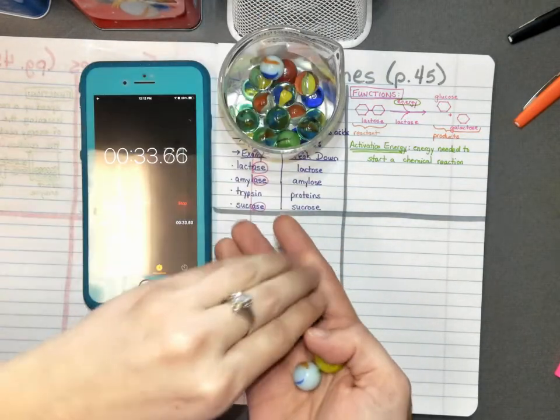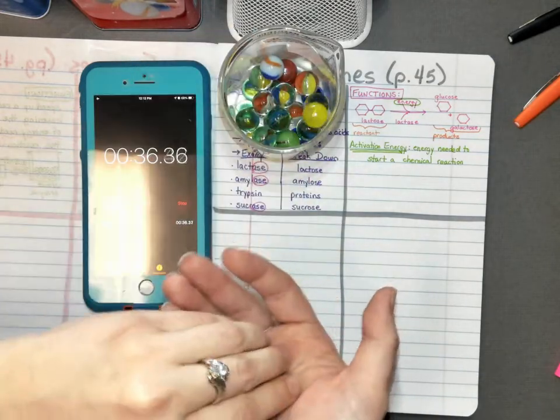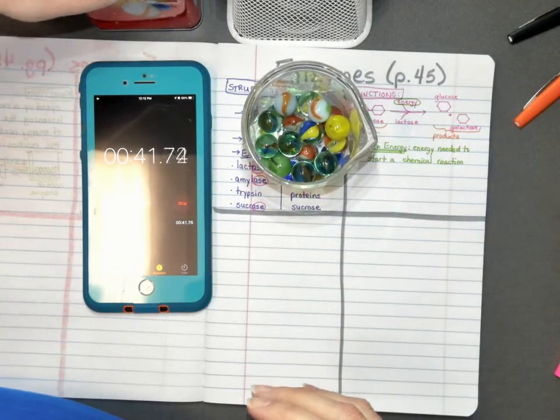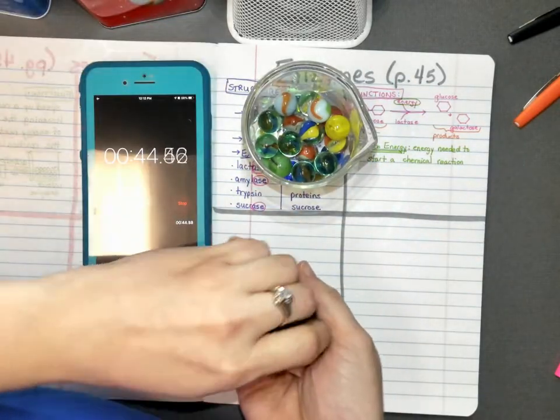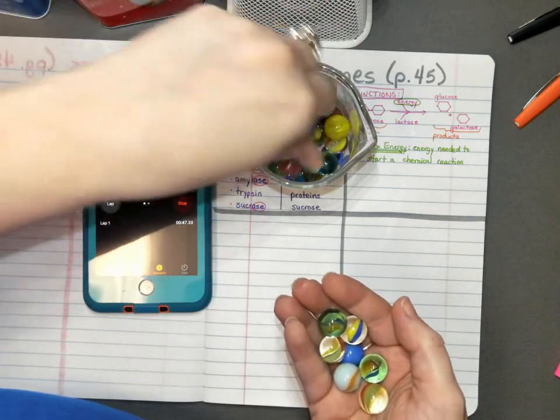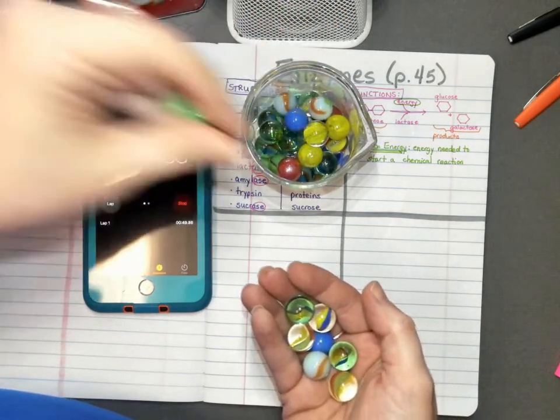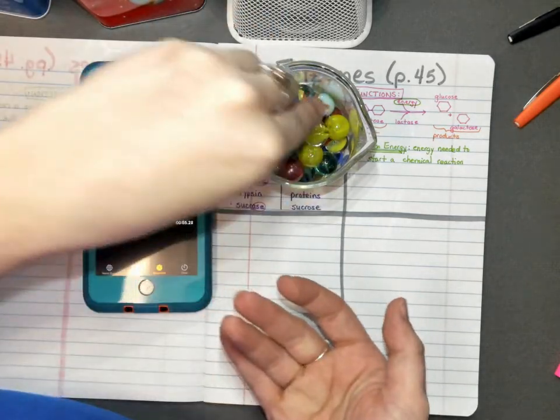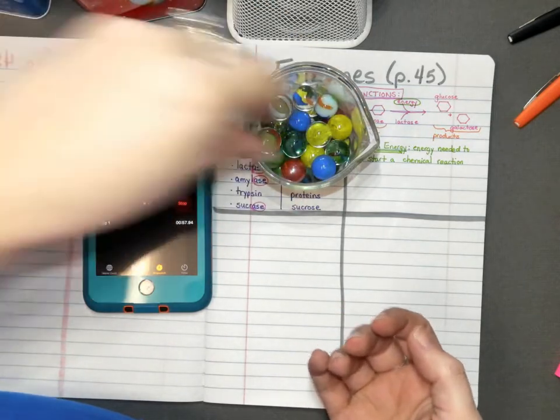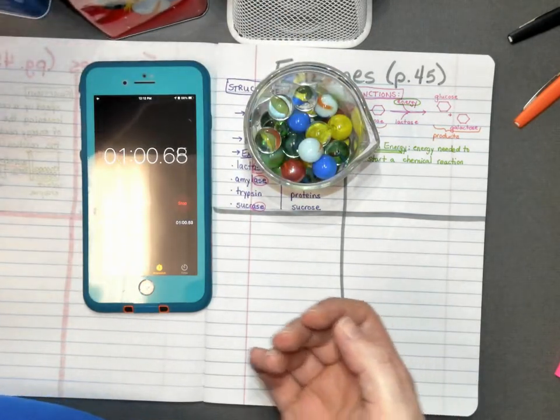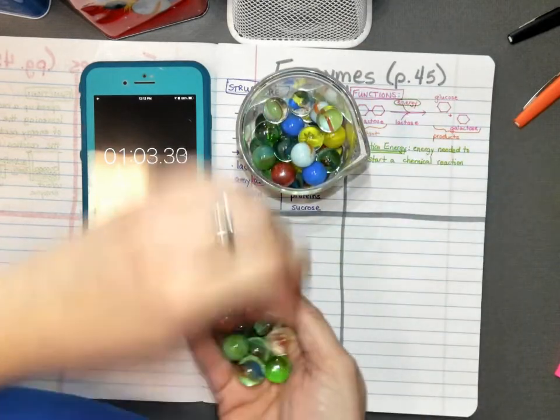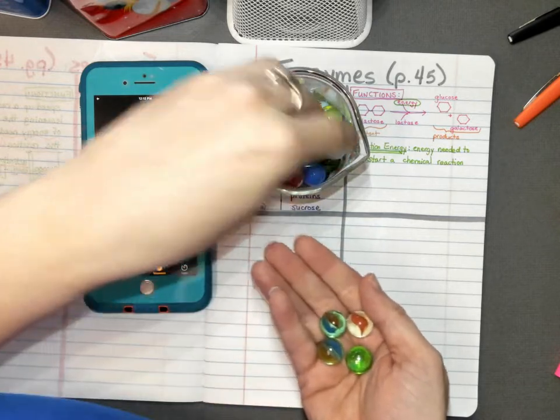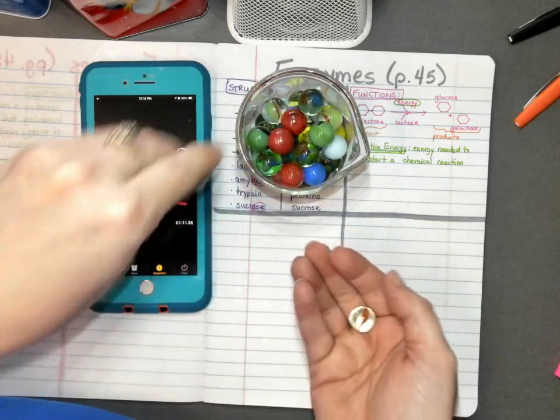Alright, so we're already at 30 seconds, and I haven't even added enough energy for us to get half of the activation energy. About a third full. So let's keep going. Alright, I still can't start my reaction yet. Still can't start my reaction. We're at a minute and I'm just now about halfway full. So still adding energy. Can't start the reaction yet.